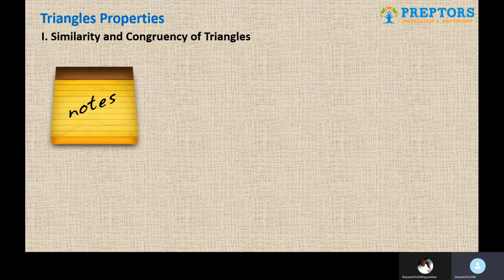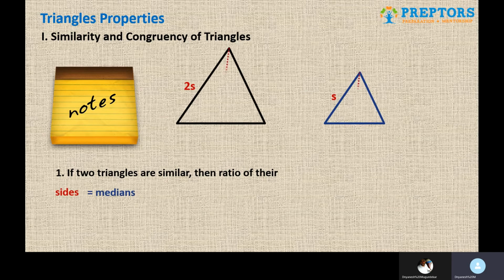Now the notes, as I said, on similar triangles. The moment you prove a figure similar, there are so many fancy things you can do. The first one: if two triangles are similar, then the ratio of all their linear dimensions will be the same, and those linear dimensions include everything, which is sides, medians, angle bisectors, altitudes, perpendicular bisectors, inradius, circumradius, you name it. So all these linear dimensions, if the figures are similar, their ratio will also be the same. That is very, very important.